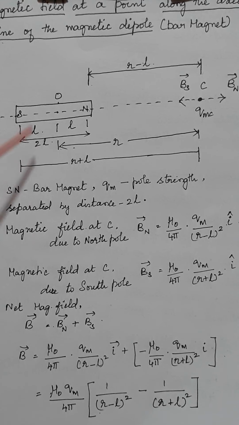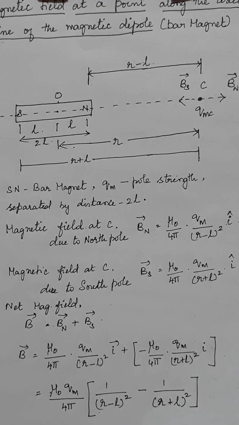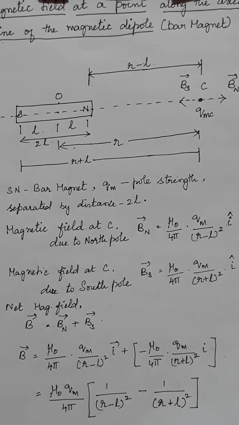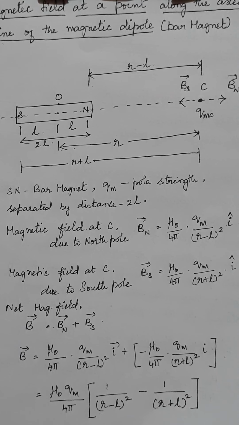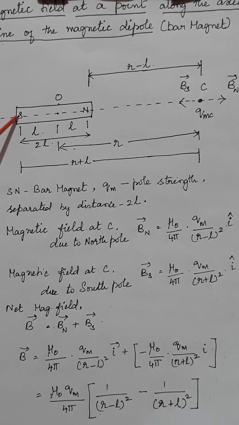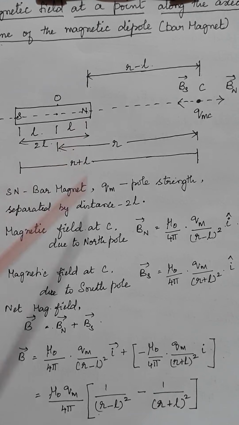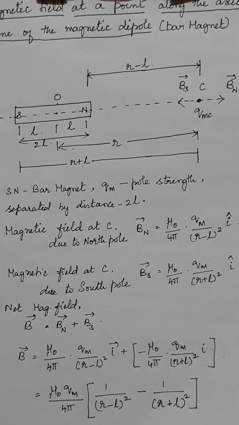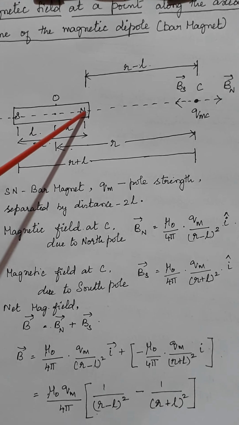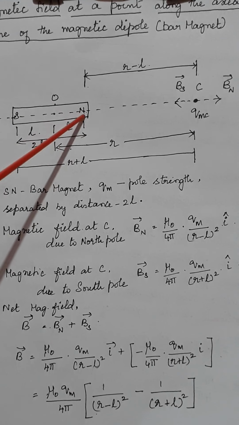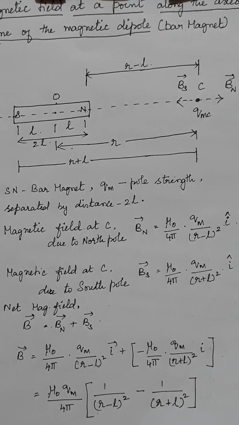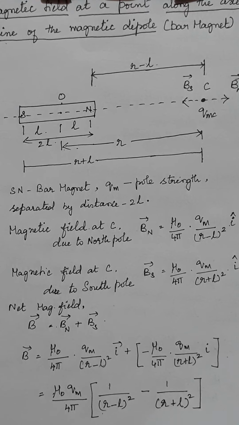Now my ultimate aim here is to find the magnetic field. How you found the electric field, it is the same, but there are a few modulations, and if you compare and learn, then it will be easier. Here you take L, 2L. 2L is the distance between the two magnetic poles, not the magnetic length. So you draw a point here, and then draw the line which is 2L. 2L is not equal to the magnetic length, children. It is the distance between the two magnetic poles alone.